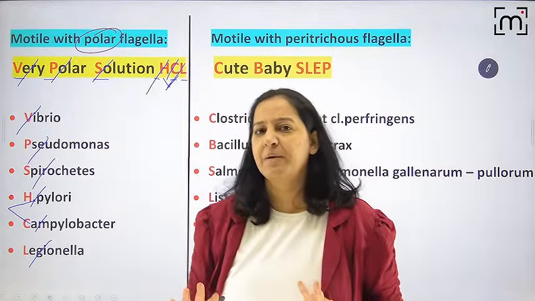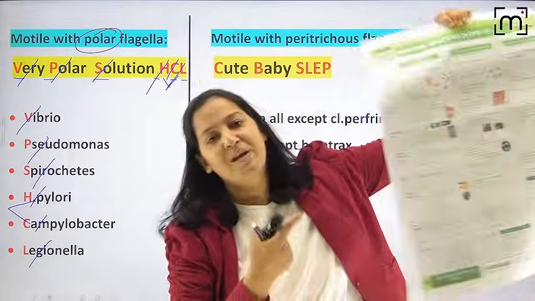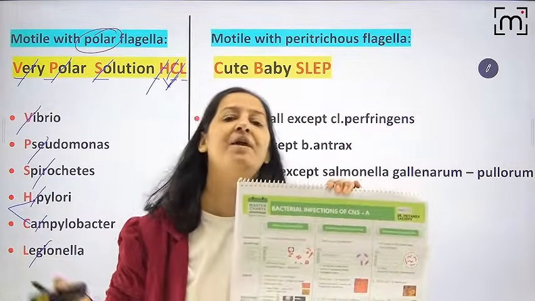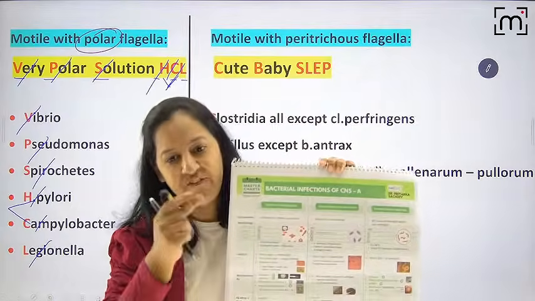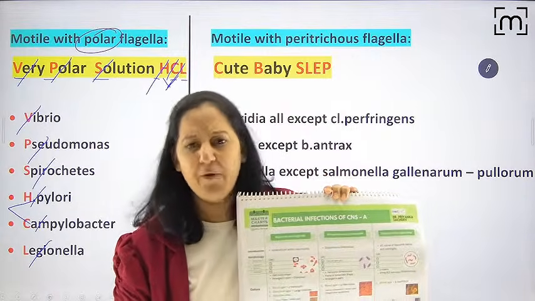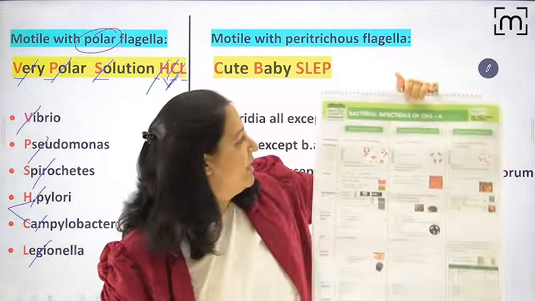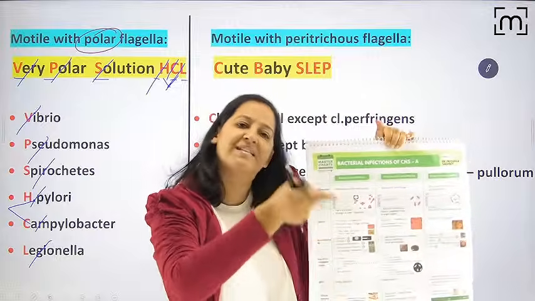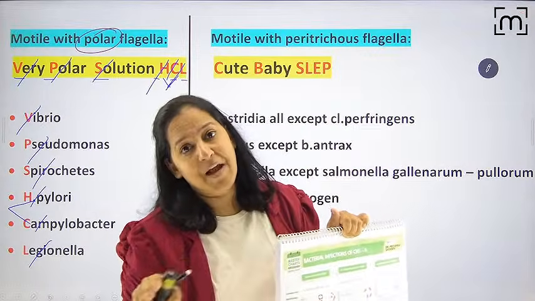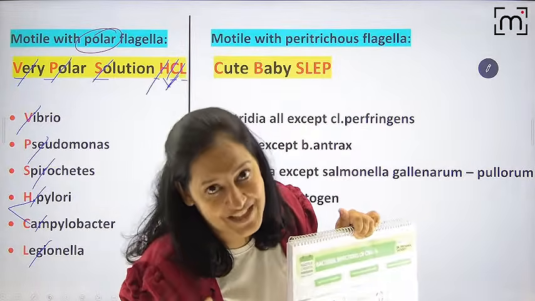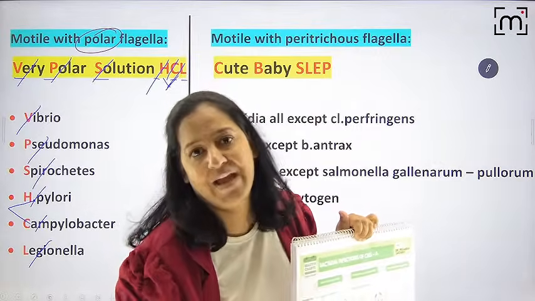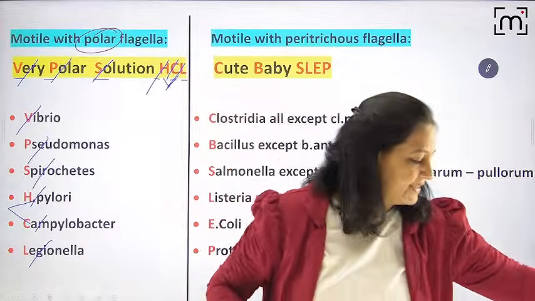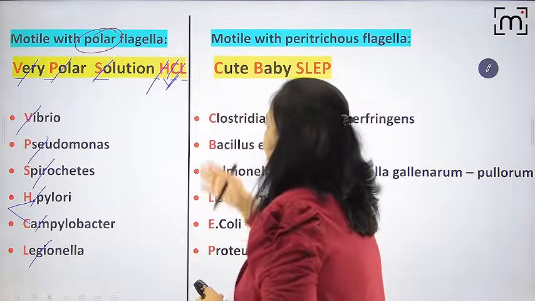Today I will give you many mnemonics. By the way, all mnemonics are also given on one page in this master chart. Hang it on your wall. You don't realize when the entire microbiology will be at the tip of your tongue. You just keep on flipping the total 60 pages, wherever you reside. Someday some page, someday some page, you will remember the entire microbiology without even touching the textbook. 100% strike rate. You mark every question in my master charts. Mnemonics are also given. Okay, come back. So this is the mnemonic.